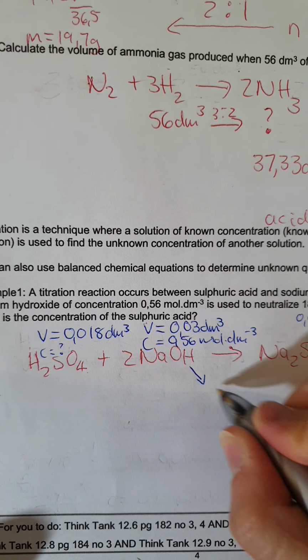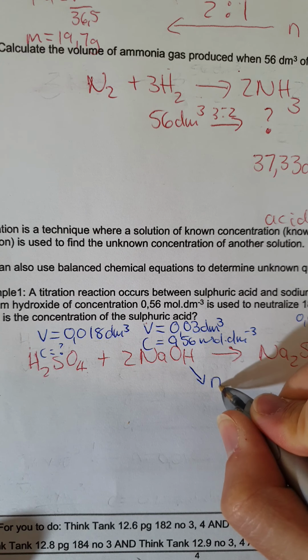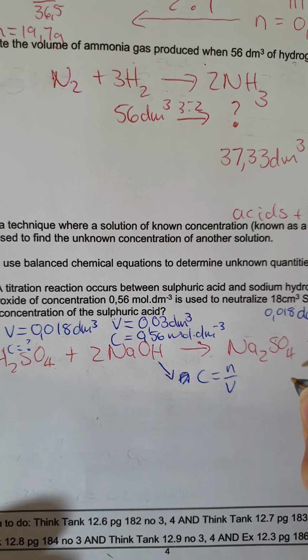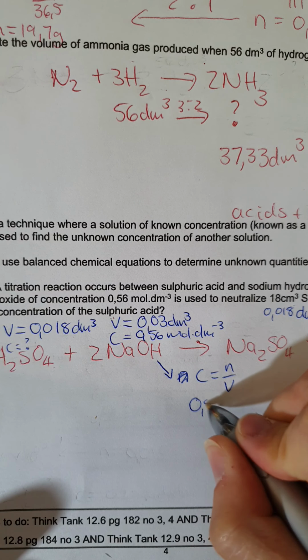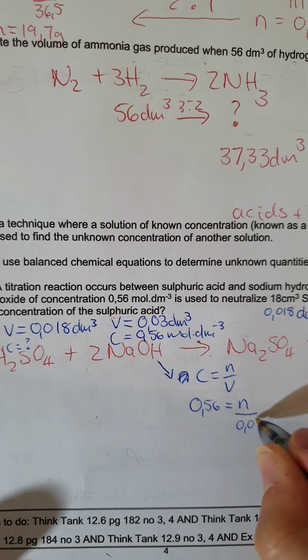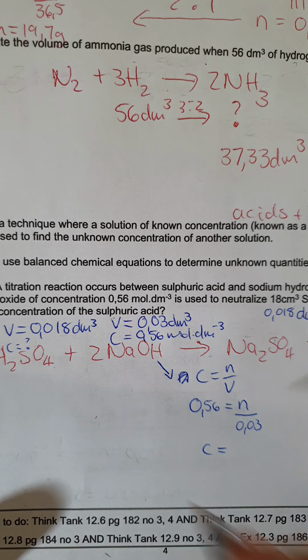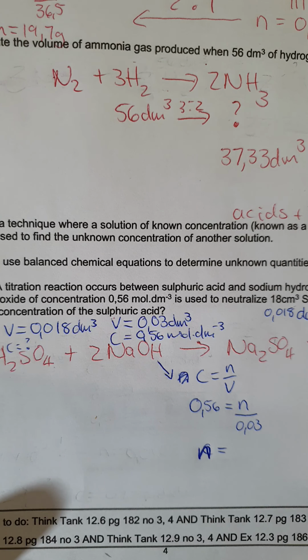So I go with C is equal to n over V. That's my concentration equation. We have our concentration of 0,56 and our volume of 0,03, and that lands up with moles of